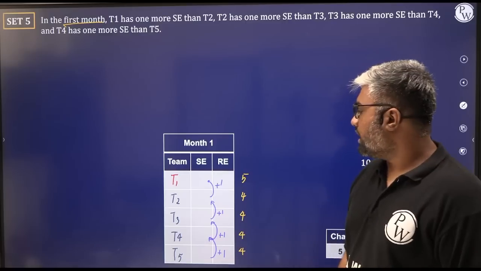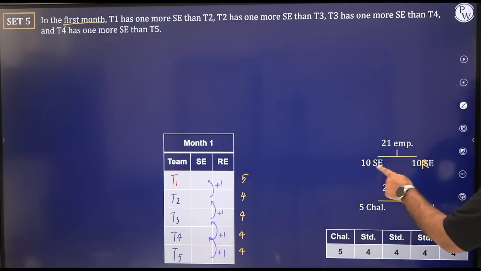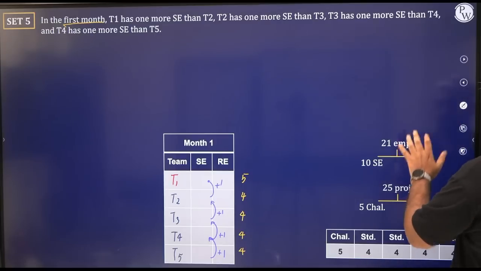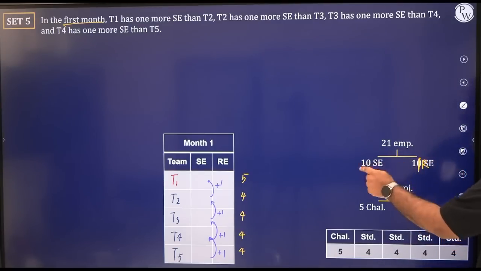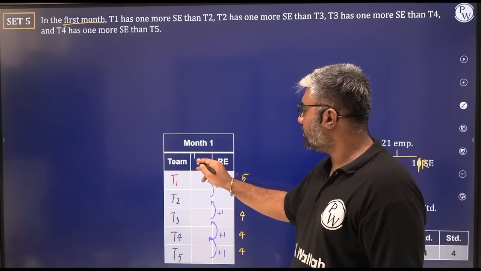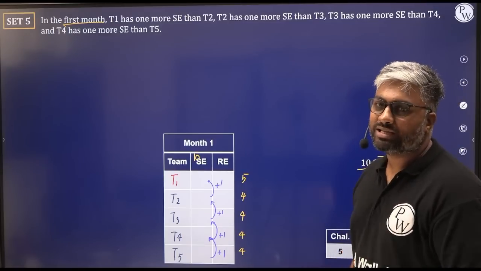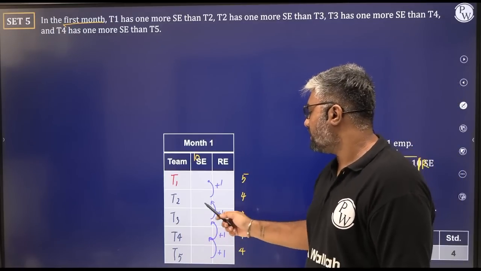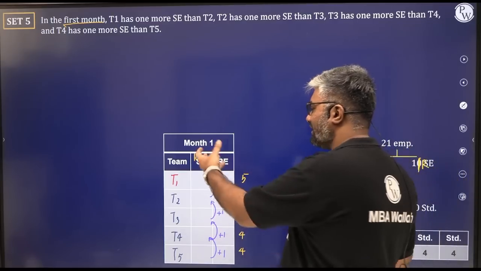Yes, so, and we know that this total, सारे SE का total कितना है? How many SEs we have? 10 SEs we have, ठीक है? We have 10 SEs. This is 11 RE. 10 SEs and 11 RE, 10 SE we should have. So this total should be 10. ये total कितना होना चाहिए? 10 होना चाहिए. Again, if you want, you can put this as an equation and do it. X plus 1, x plus 2, x plus 3, x plus 4 and then do it. But छोटा number है, I think you can figure out.